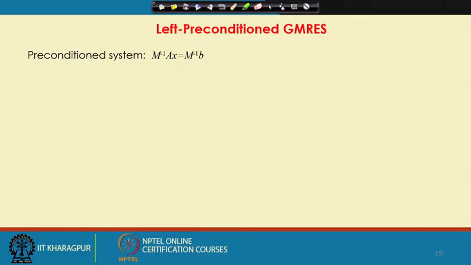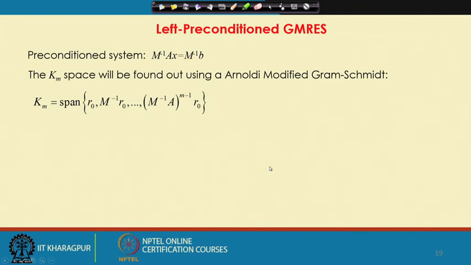But now we will see for general matrices where we cannot apply conjugate gradient, which are non-symmetric matrices, where still we can apply a Krylov space method like GMRES, the preconditioning can be done. So, we start with left preconditioning of GMRES. The left preconditioned system is M inverse A x is equal to M inverse b. Now, instead of solving A x is equal to b, we are solving M inverse A x is equal to M